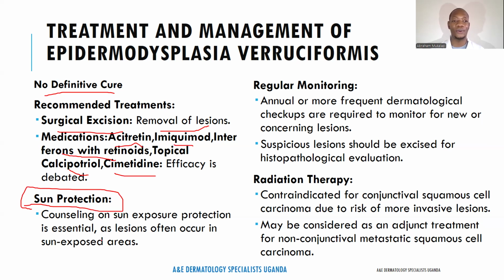I remember one of the cases that I brought was a 23-year-old female who had the acquired form of EDV and had already gotten squamous cell carcinoma on biopsy, in the preauricular area. So you have to make sure that you screen them more often, so that in case there's any malignant transformation, that lesion is dealt with in due time. Because you know that some of those cancers can metastasize and go to the rest of the body, making it difficult. Then we say annual or more frequent dermatological checkups, can even be biannual, so that you keep monitoring